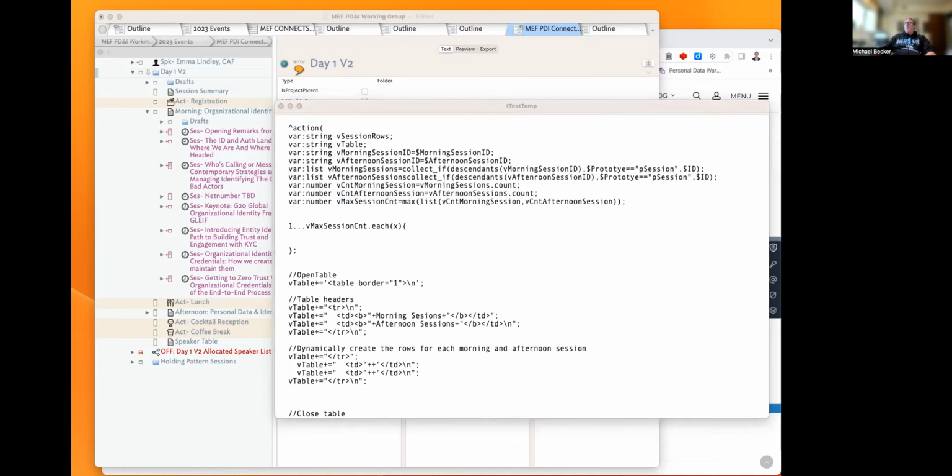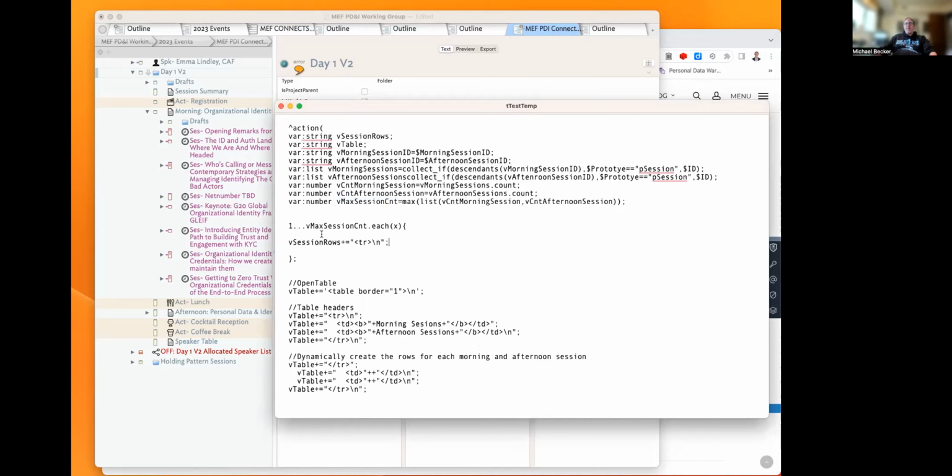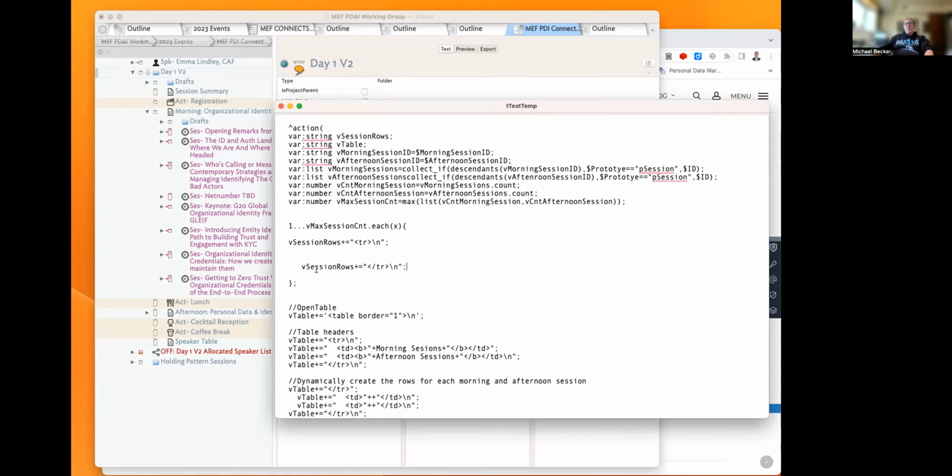Okay. And so then let's go ahead and populate this because we're running out of time. So I'm going to go ahead and paste this. So the first thing I'm going to say is make your v row sessions equal the first table row. And now we know that we need to also close a table row if we want. And then we're going to say for each of the